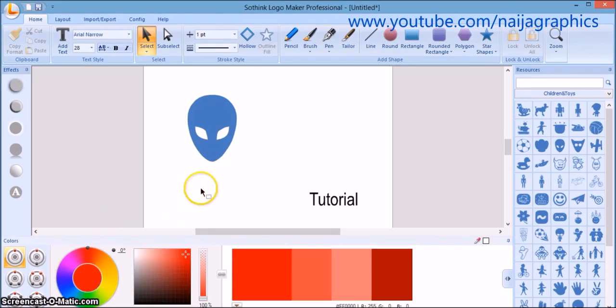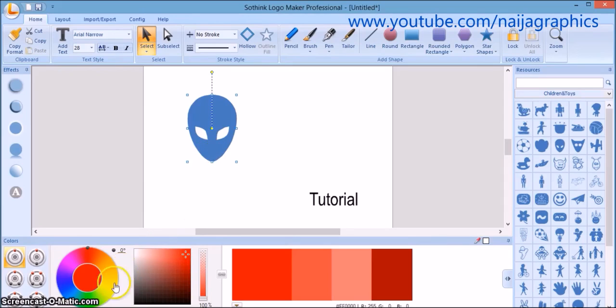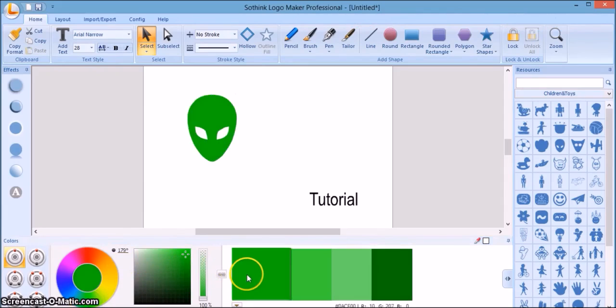Let's say you wanted to apply green to this object, and you click on it. Just go to this area of green and tap on it. Then you can choose what degree of green you want. Let's say we go with this one. You can actually still come around here and reduce the intensity of the green. Another thing is